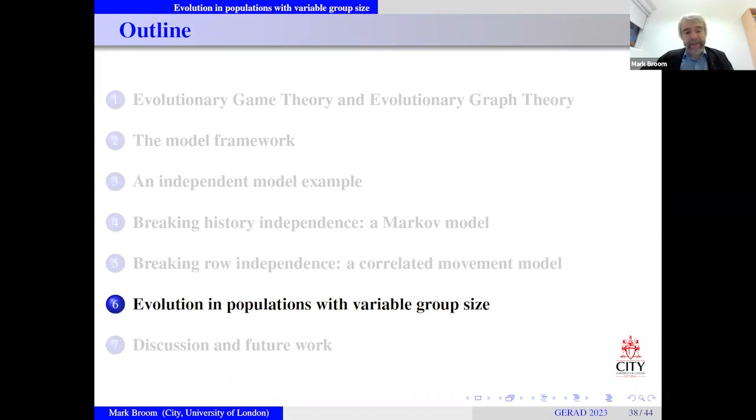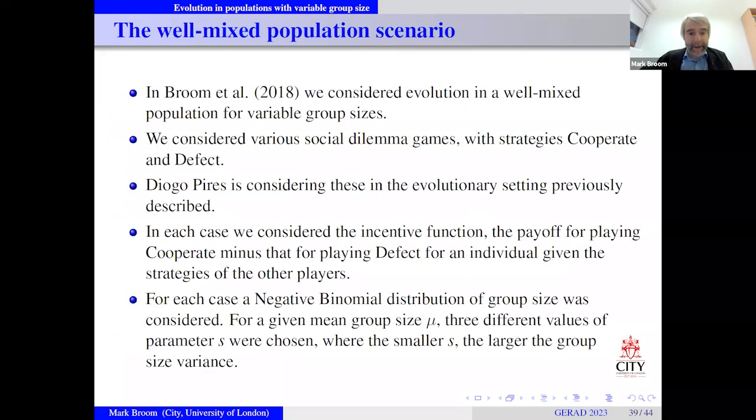We also have done some work on general variable group size, and we're doing this now also with an evolutionary process, with a fully dynamic process. But this is going back to the classic evolutionary models, and so this is just considering how a variable population size works, and what the effect of varying population size can be. So we consider a well-mixed, infinite population, and you just pick a random group from that population, and the distribution of the group size you pick follows a negative binomial distribution with a given mean group size,